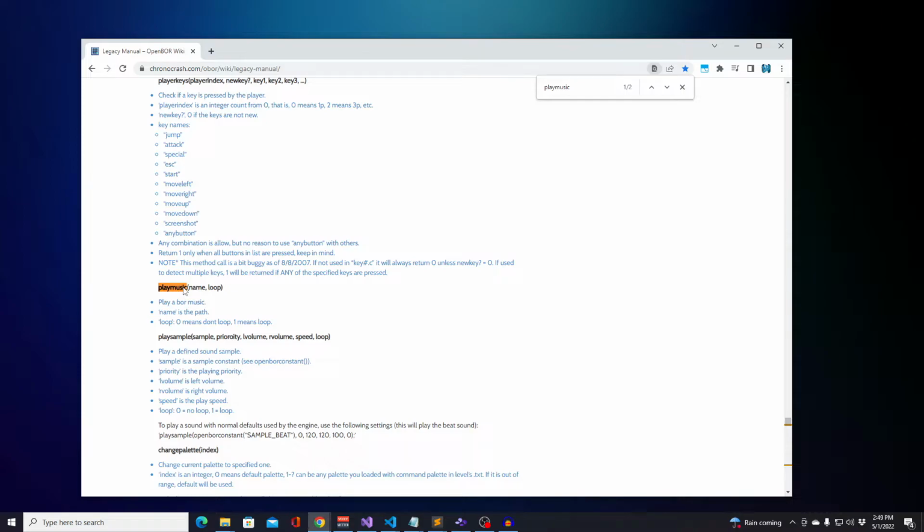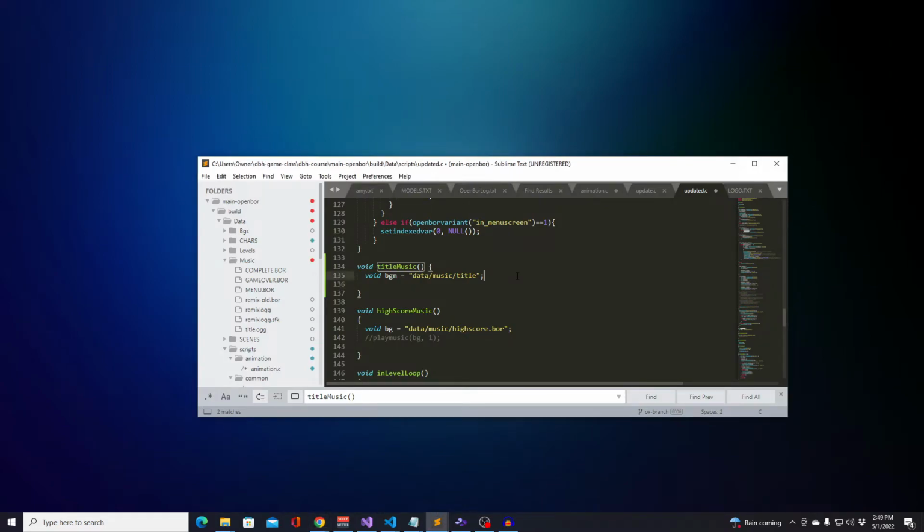Again, this plays the music, or you can play a sample. It says BOR music, but it also supports OGG. Play the music, the name of the path, and you can loop or not. And we're gonna use 1 to loop. That's what happens there. So let's go ahead and add this here. So we're gonna say play music, BGM